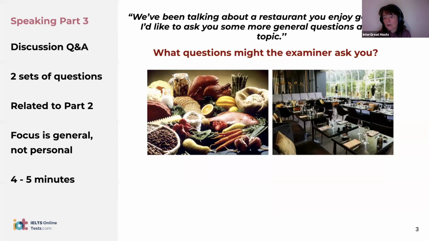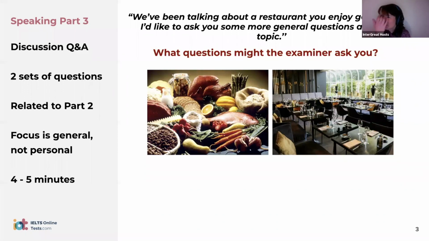What about the next question? The next picture. So we're looking at a restaurant. What general questions could they ask you about restaurants in part 3, do you think? They could ask about, yes, maybe related to interiors, so talking about decor, talking about hygiene, things like that. Do people tend to eat out or eat at home? That's very good. So yeah, the changing trends. Why do people like to go to a restaurant, Rosa? Exactly right. Is it popular?